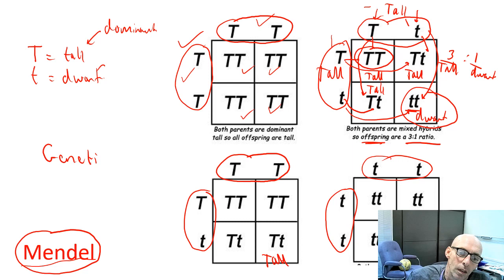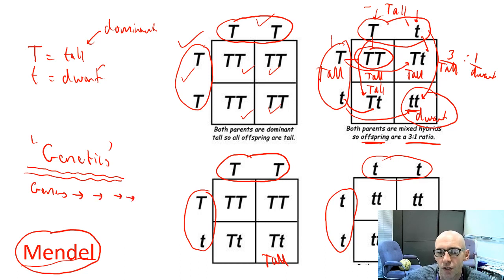He's the one responsible for us studying this today. Without any of the equipment and scientific advances we've got today, he worked out basically how genes were passed on from one generation to the next, to the next, to the next, and how they could lead to variation. So in terms of influential scientists, he was a genius.